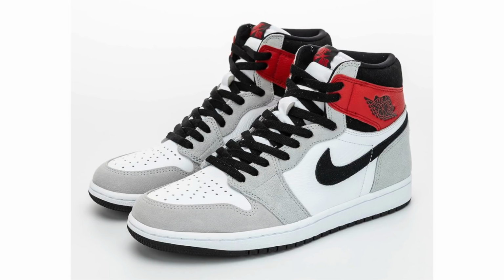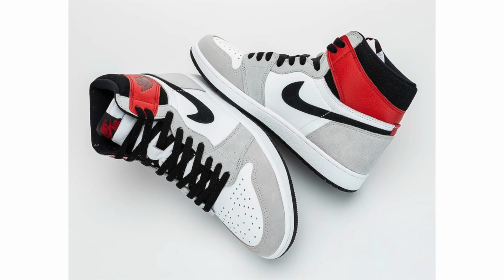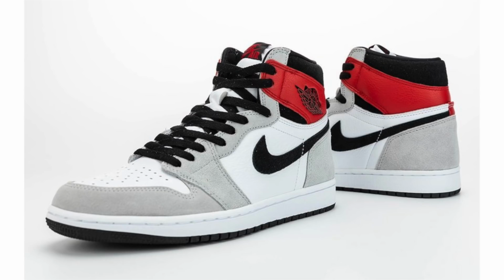I could be wrong, but at least at this point, it's not attached to it. But without a doubt, there definitely has to be a story behind this shoe, just because it seems so odd for them just to place some red around the collar and then everywhere else is just gray, black, and white. So I know this sucks. It's very unfortunate that they aren't releasing these, but who knows, possibly down the line we could see an actual